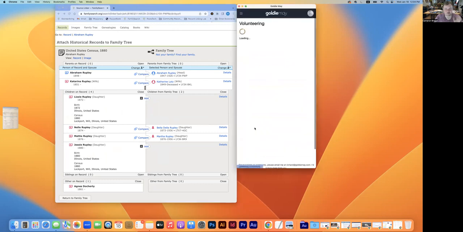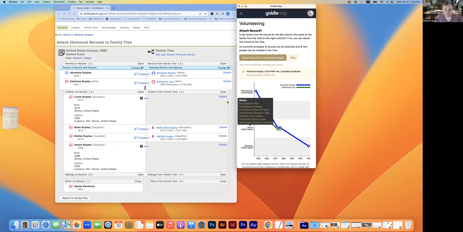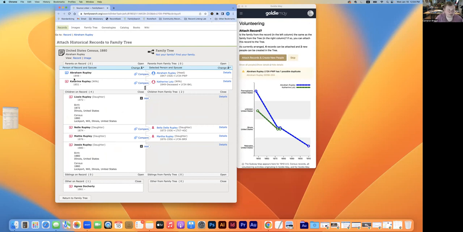So that is what we are going to use for now to look at this family as we are attaching sources. So here we have Abraham Rupley and Katrina Rupley here in the 1880 census, and it's wanting to attach it to an existing family in the tree. Goldie May lets us know that there's a possible duplicate for Abraham, and here's the PID number that it might be a match for. It gives us the subway map here, which shows us both Abraham and Catherine, his wife,